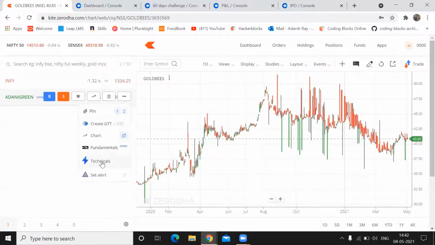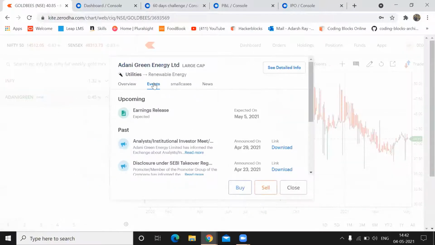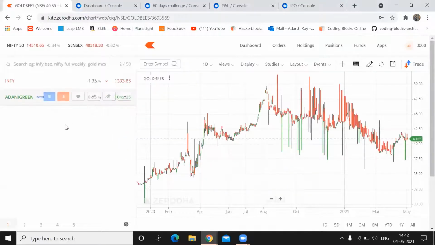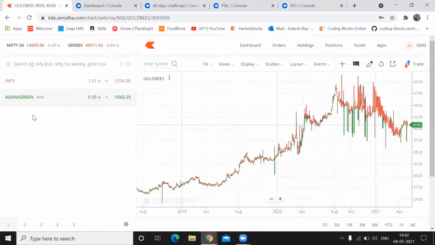So you can just go to that same fundamentals and see what the event is. You can see that tomorrow there is an event which is basically an earnings release. So that's why they were showing us an event trigger out there.